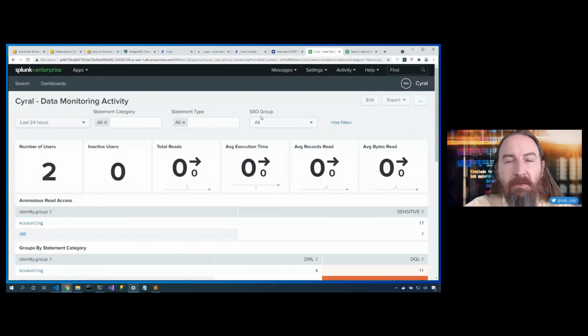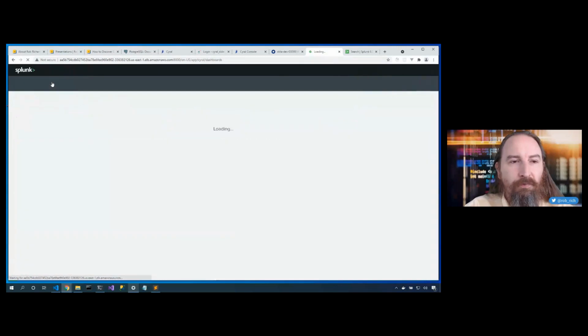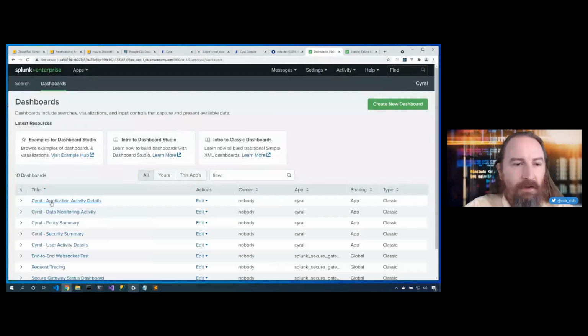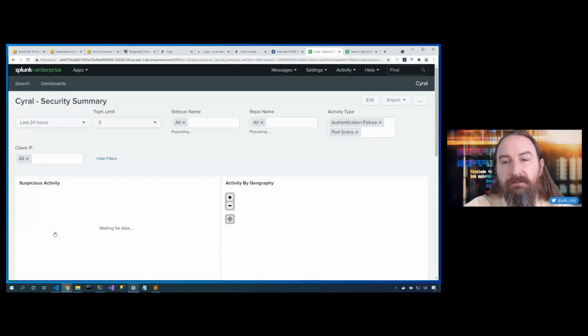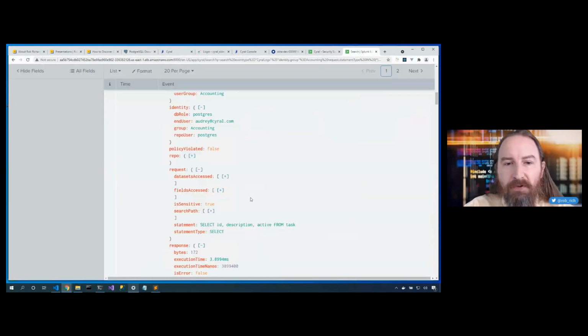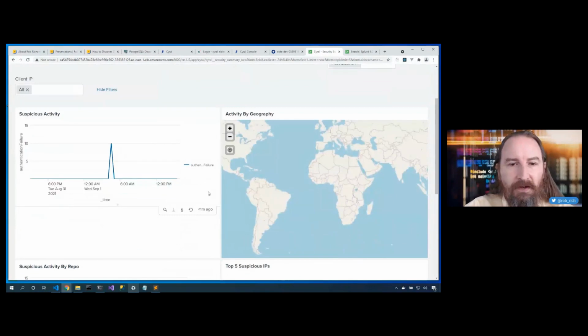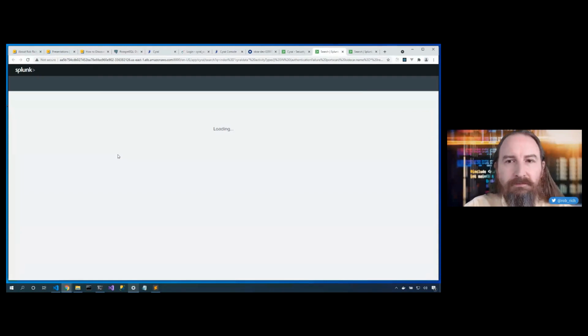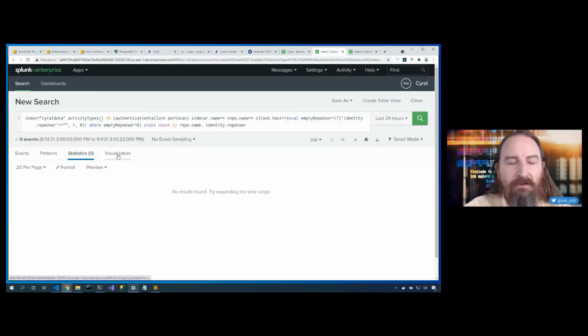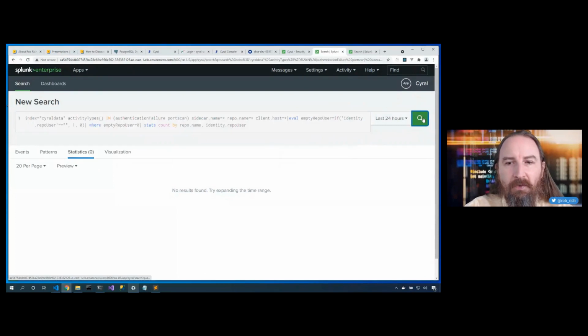So here inside my Splunk dashboard with Cyral installed, I'm going to come back here to dashboards and I'm going to click on Cyral security summary. Now this will filter to only things that have policy violations. Now we identified previously that in this case, the policy wasn't violated because accounting is allowed to access all the records. But let's take a look at policy violations. Ooh, here's an authentication failure. That's definitely cause for concern. And I can dig into the specific activity associated with that